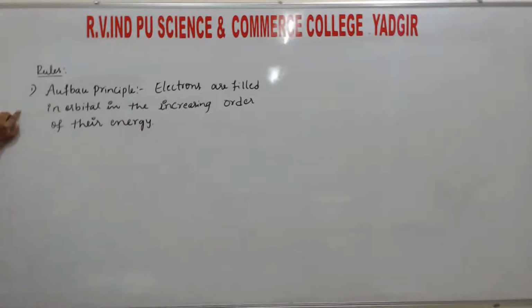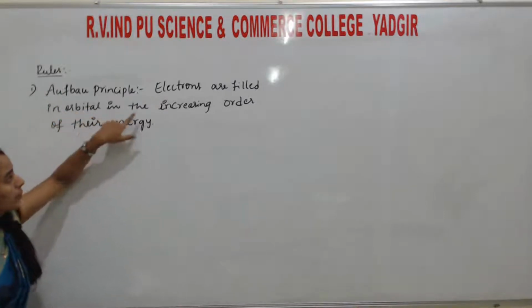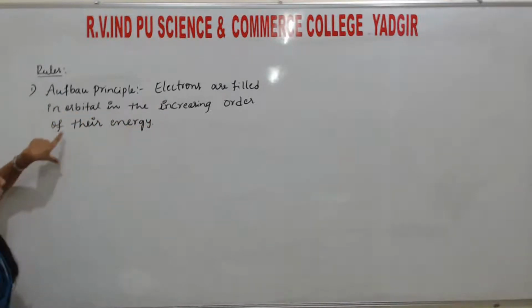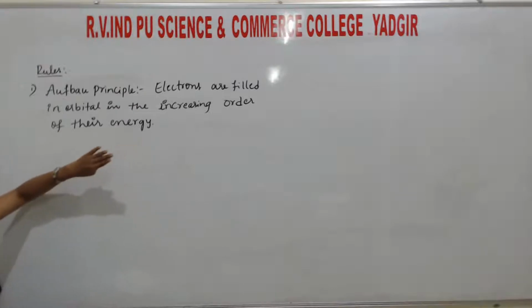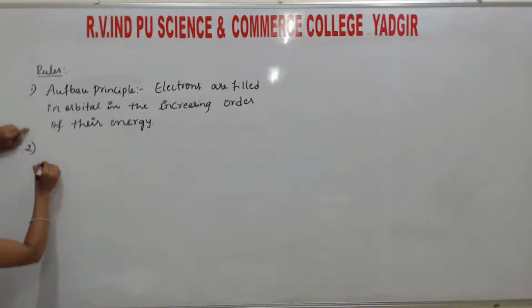This is the first one. Aufbau principle means electrons are filled in orbitals in the increasing order of their energy. First, Aufbau principle. Second one is that is